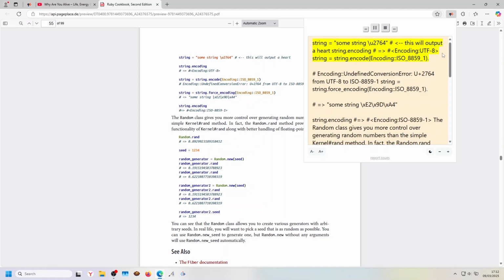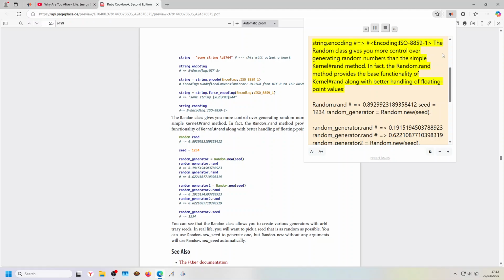string = "some string \u2764" # This will output a heart. string.encoding # => #<Encoding:UTF-8>. string.encode(Encoding::ISO_8859_1) # Encoding::UndefinedConversionError: U+2764 from UTF-8 to ISO-8859-1. string.force_encoding(Encoding::ISO_8859_1) # => "some string \xE2\x9D\xA4". string.encoding # => #<Encoding:ISO-8859-1>